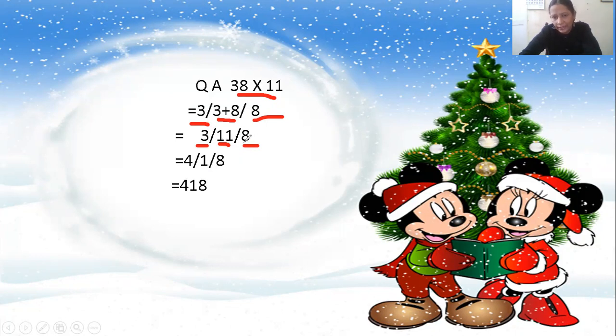So in the next step, 8 here, you will write down this 8 as it is, then put a slash. At the unit place, you can see this 1, so you will write down this 1 as it is, then put the slash. Then this 1 is left. So what will you do with this 1? You will carry forward this 1 and add with this 3. So what is 3 plus 1? 3 plus 1 is equal to 4. So I have written this 4. And this is the final answer. So like this, you have to solve all the questions.